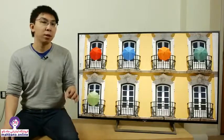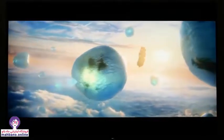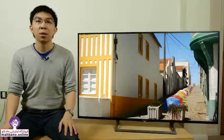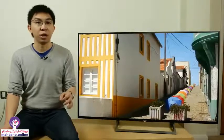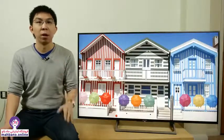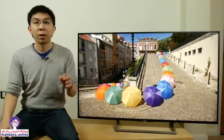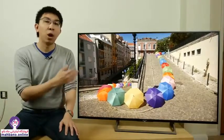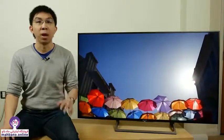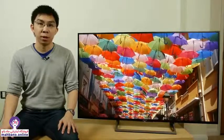For example, during the scene in the Ultra HD Blu-ray of Pan, which is mastered to 4000 nits, the sun, the cloud, and the bubbles were all blown out to a certain extent. This is entirely in keeping with Sony's HDR tone mapping philosophy to preserve APL, or average picture level, and on the X85, they've made the decision to clip even earlier, around 1000 nits, owing to the display's 400 nit peak brightness. Otherwise, panning shots were buttery smooth, and the onboard smoke gradation technology worked effectively to reduce posterization or